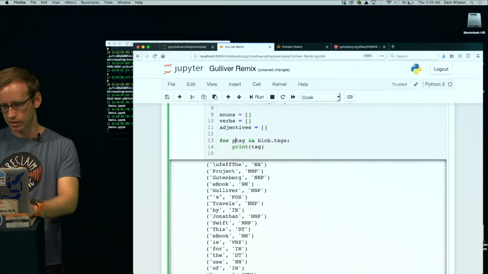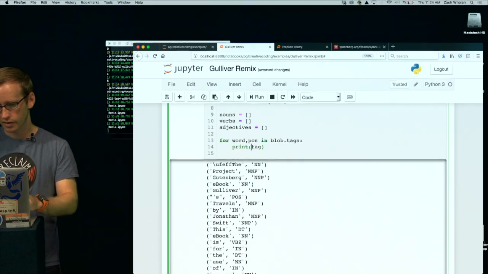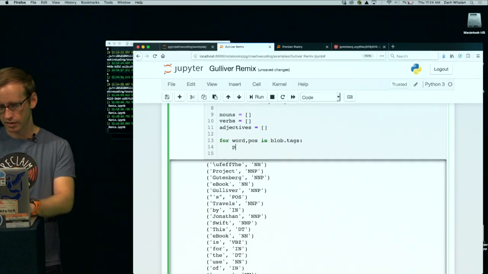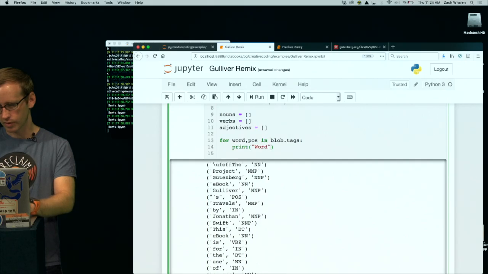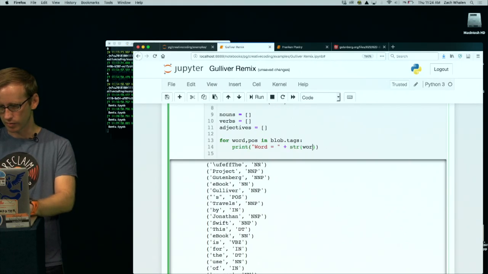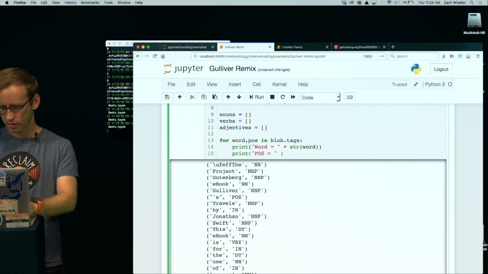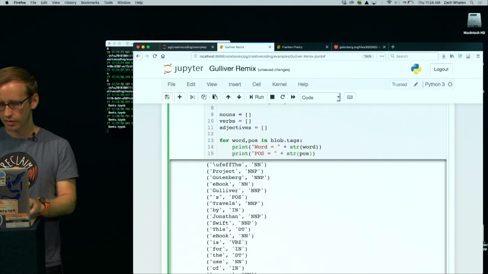And you do that with this notation here. I'm going to say word, part of speech. So now if I ask it to print the word, and then I'll ask it to print just the part of speech part of that.